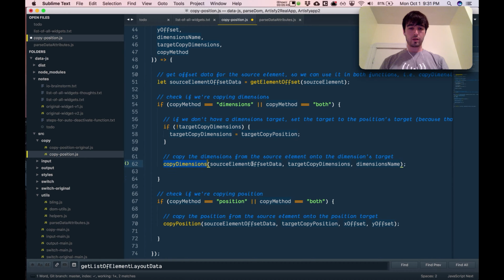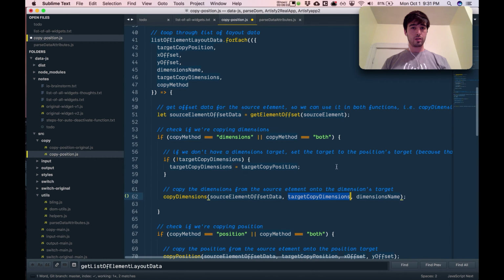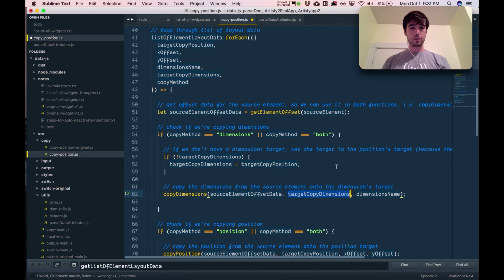So I think we just wrote this function, which is going to take the offset data. But we might need to finish this function actually. So it's going to take the offset data. It's going to take the target to copy the dimensions to, but the target is actually going to be